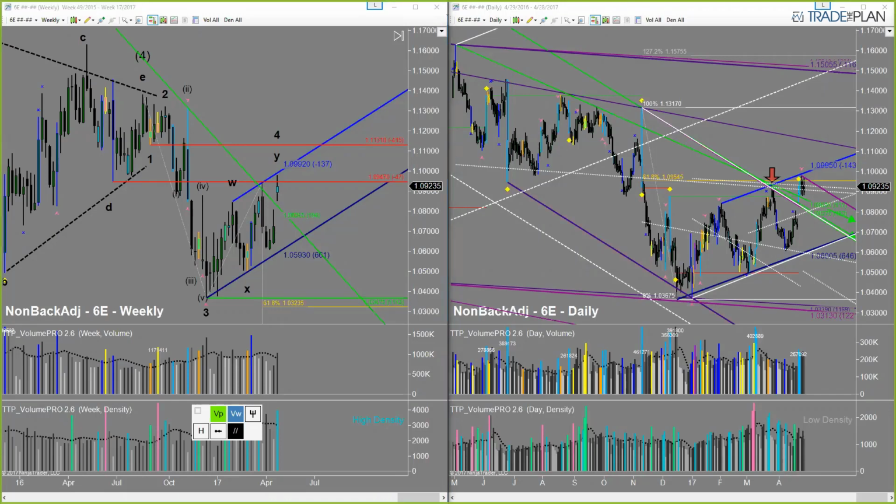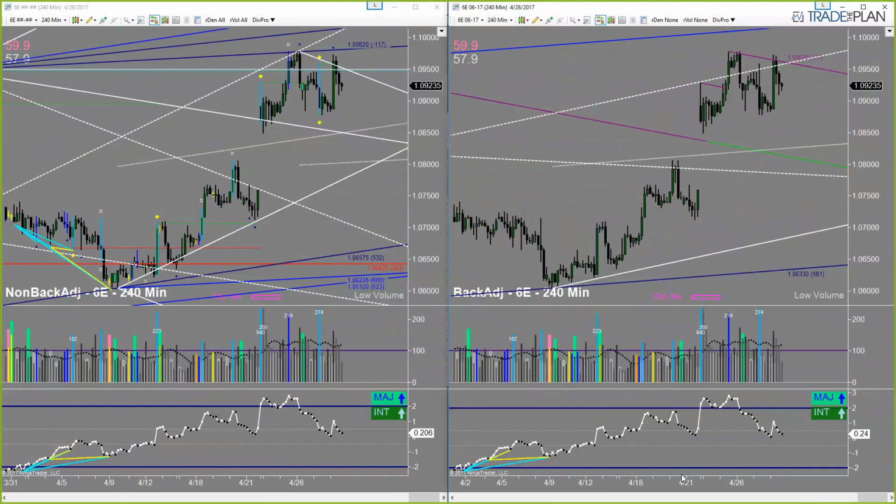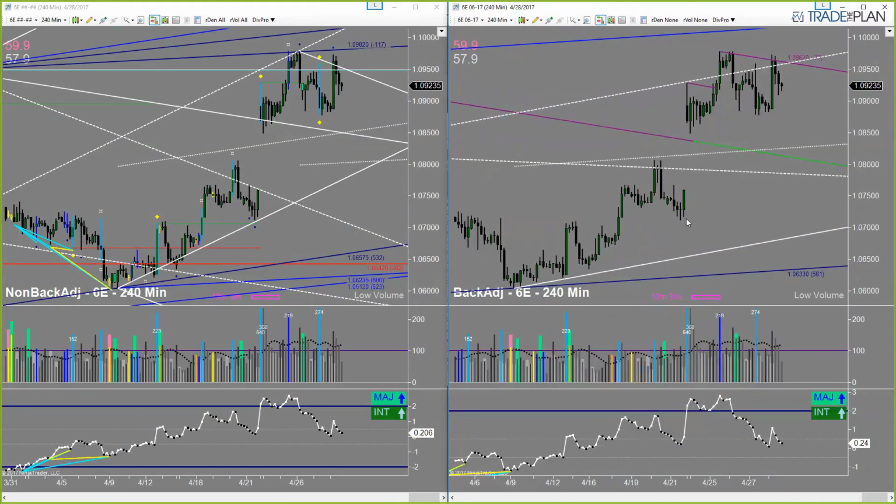And then everybody was reminding me that the French election was happening. So I was long from right here, thinking that this was a potential fourth wave, right? So this was a leading diagonal for 1 right here, and then wave 2, and then a perfect 5 for wave 3. I mean, this is a picture perfect Elliott wave, just like we've been seeing a lot of lately in a